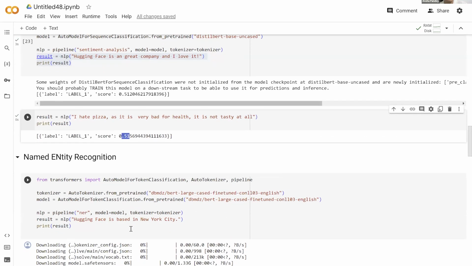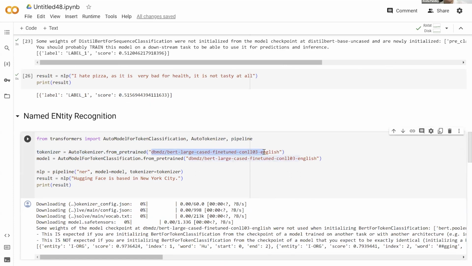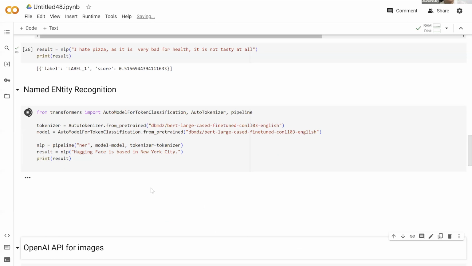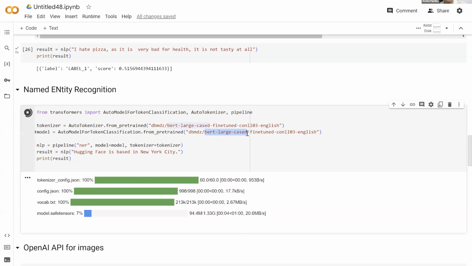Another example of using the Hugging Face API is for NER, named entity recognition. We can specify the tokenizer as well as the model that you use. And for any given sentence, it's going to be able to do entity recognition. Here's an example where it downloads this model, dbmdz BERT large cased. Now, this model is quite heavy. As you can see, it's 1.3 GB, but it's downloaded now. And let's see how effectively it does the job of entity recognition.